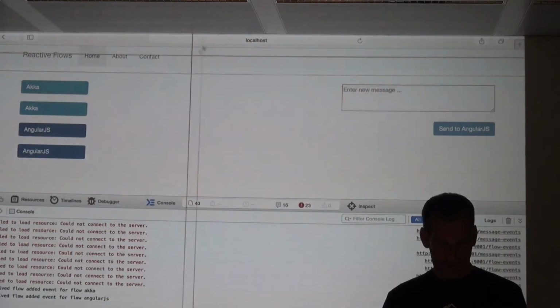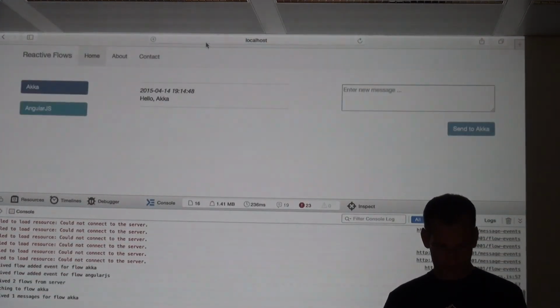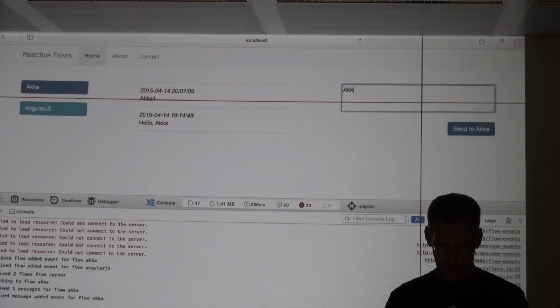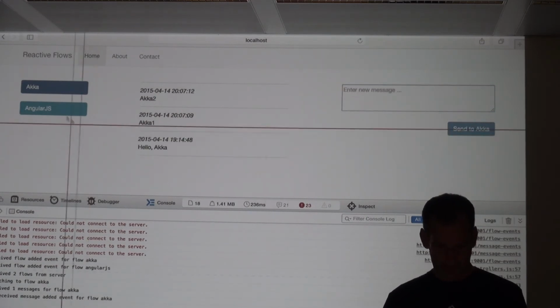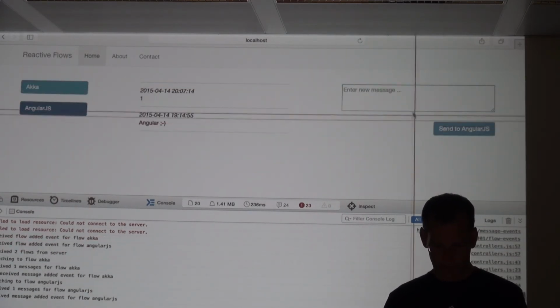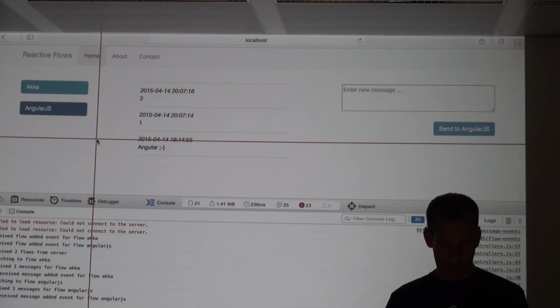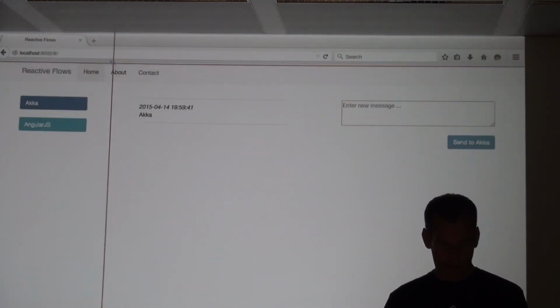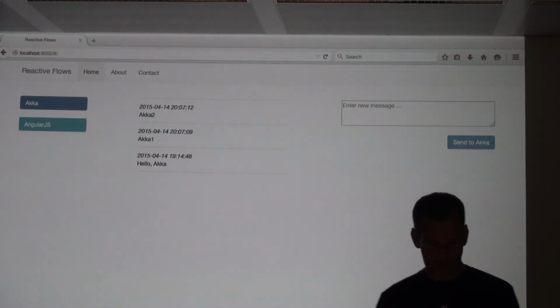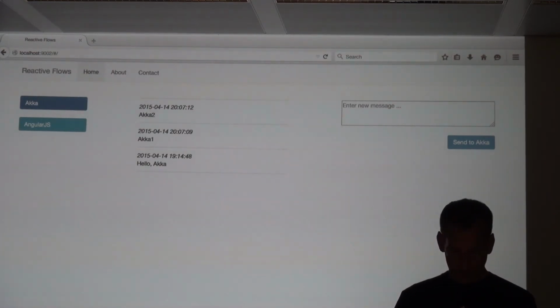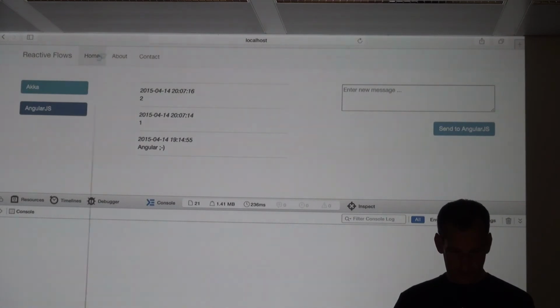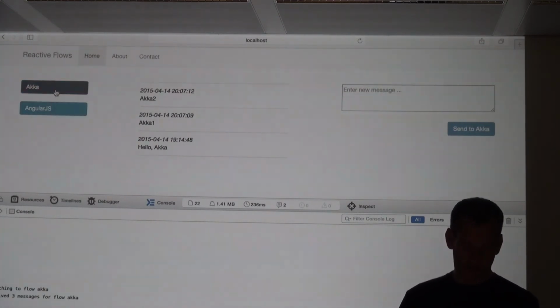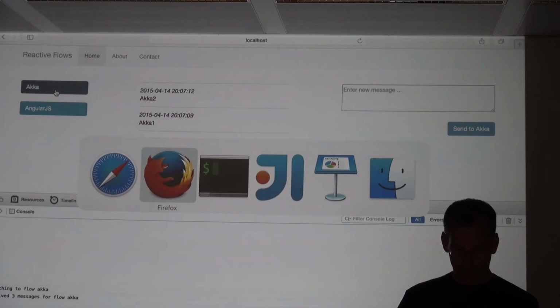Okay, let's go here again. Akka 1, Akka 2, same here, 1 and 2. Okay, now we have our 4 messages. We are also able to see it here, right? Okay. There's also hello Akka, that's funny. Oh, that has also been persisted. Cool, no problem. I haven't cleaned my MongoDB anyway.